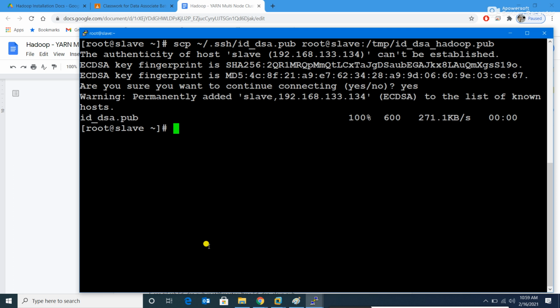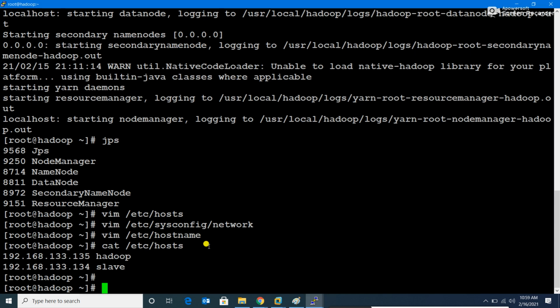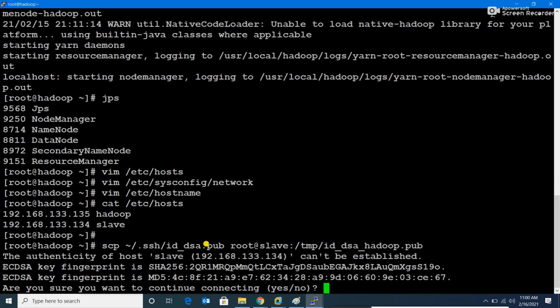So this command I need to run from here. Once again I'm running scp ~/.ssh/id_dsa.pub, and I need to send it to root@slave:/tmp/id_dsa_hadoop.pub. Enter.